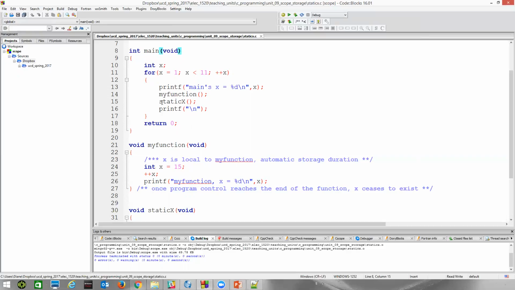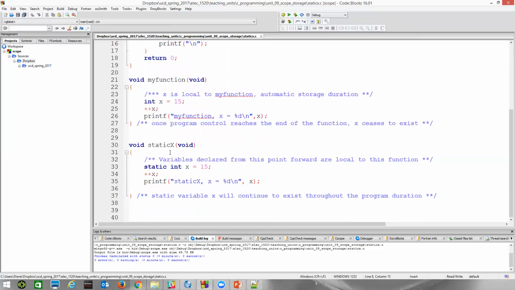We return back to main, and then we call the function static X. This function has a variable declared with the name X, but it has the static specifier. The first time we drop in here, we initialize X to 15, add 1 so X becomes 16, and print out 16.